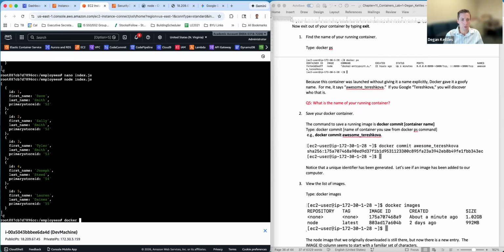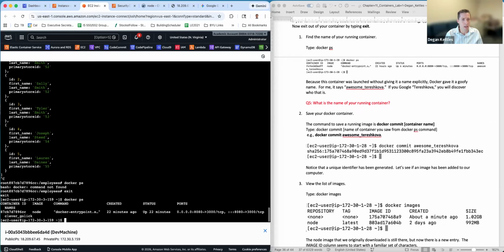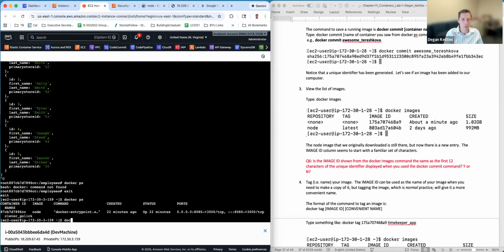I will type Docker PS. Oops. Oh, I will type in exit because it says root at, so I'm still in the container. I'll do Docker PS and we can see that it is running. And we want to now turn this thing into an image. Just some information about it. Right now, it has this ID and it has slid off the side of the page here, but it has this name that was randomly assigned to it. So in order to create an image from this, one of the things we can do is do Docker commit,